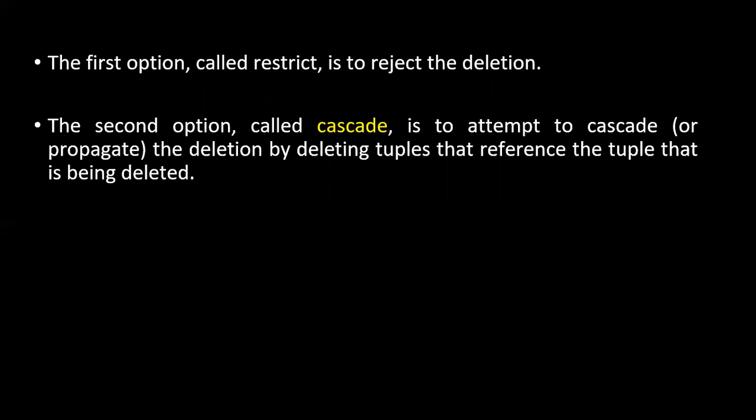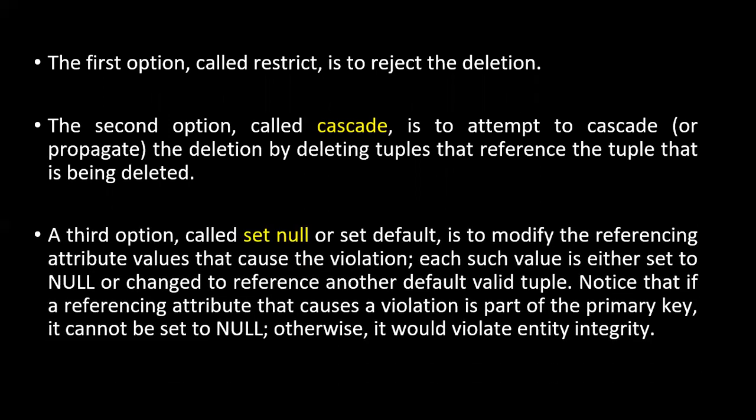In such a case, what we need to do, whenever an employee left the job, all the referencing values should be deleted. That is on delete cascade. Then on delete, the third option is on delete set null. So here we can take an example: when an employee working in some department is also behaving as a manager. For example, employee with SSN 100 is the manager of some department D1. Employee with SSN 100 is manager for the account department.